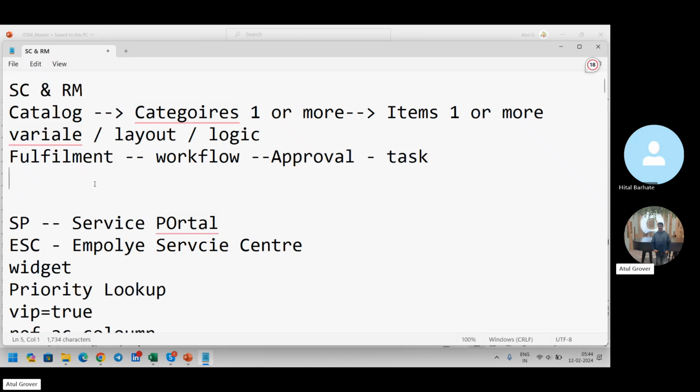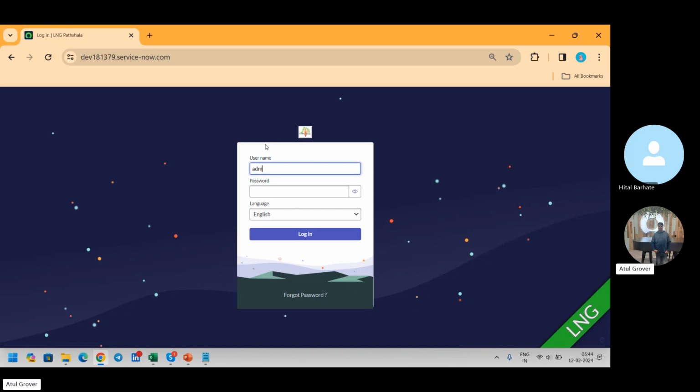Out of the box, ServiceNow provides two catalogs. One is called the service catalog and one is called the technical catalog. So if I come back here,